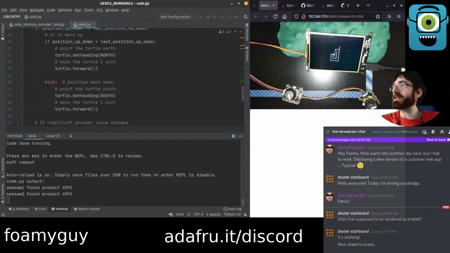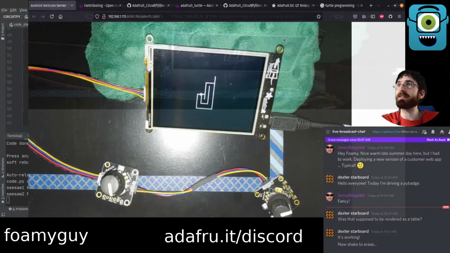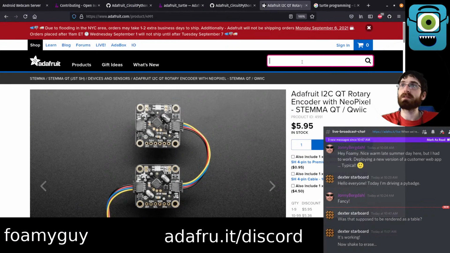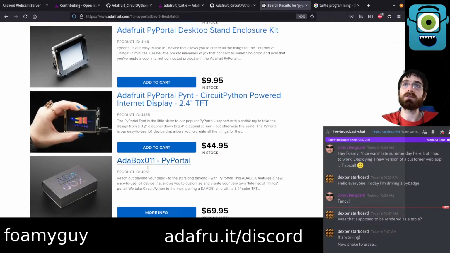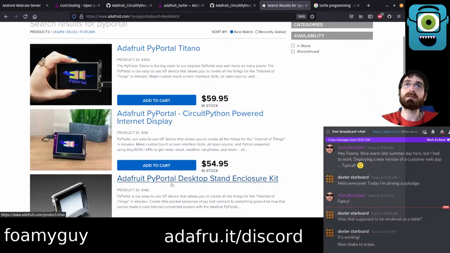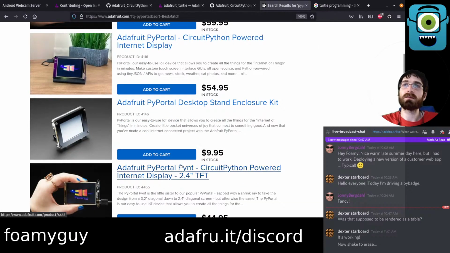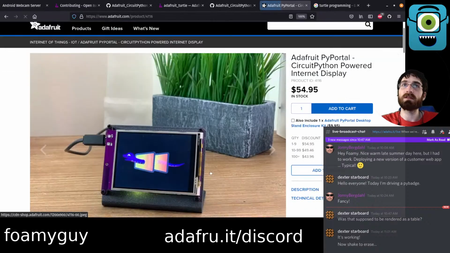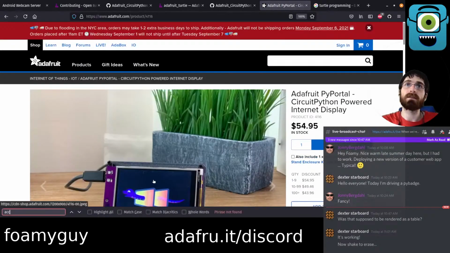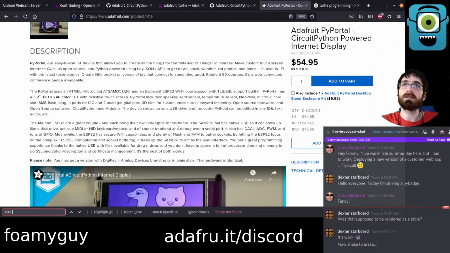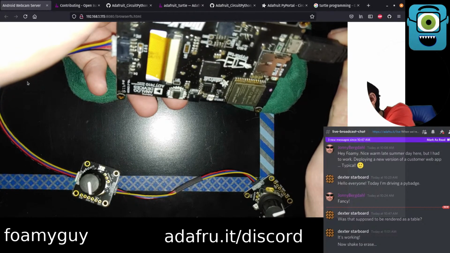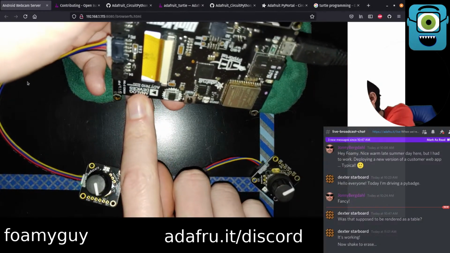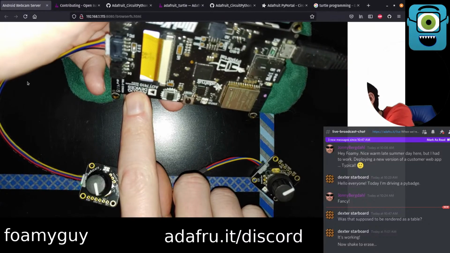Yeah, shake to erase. That would be cool. Does the PyPortal have an accelerometer? PyPortal. Shake to erase. That's a really good idea. Is there a regular PyPortal? Find PyPortal. Maybe not. I want to say there's something on it, right? Is it a temperature sensor? Temperature sensor. So we could